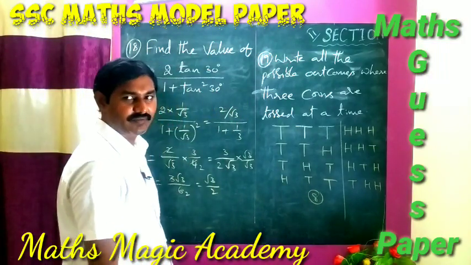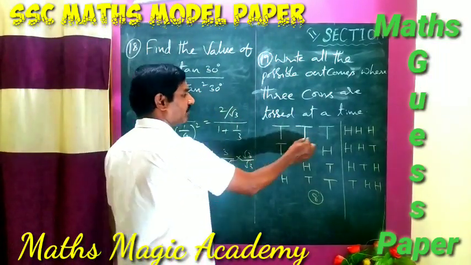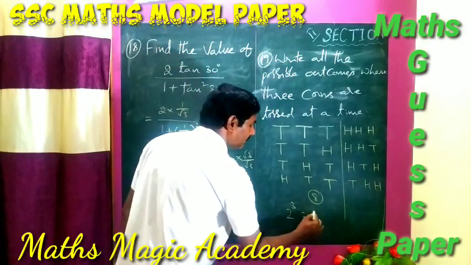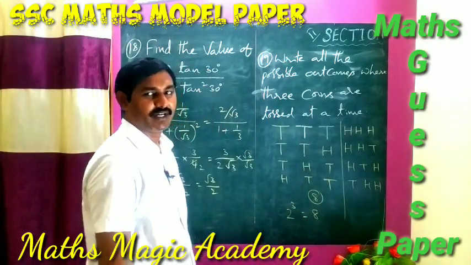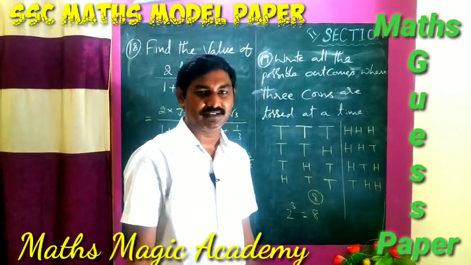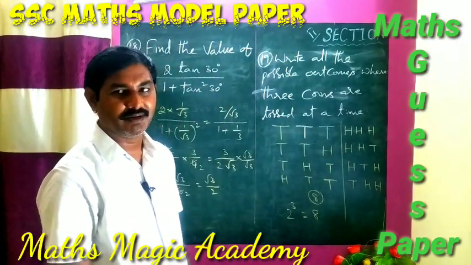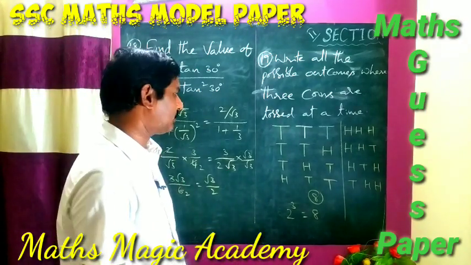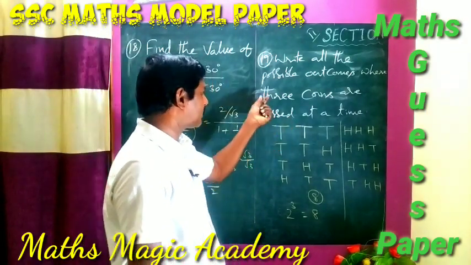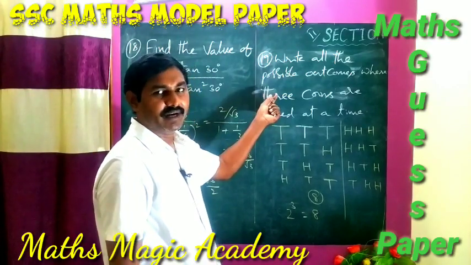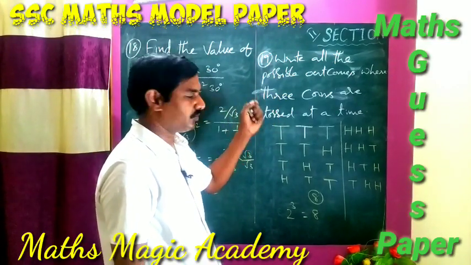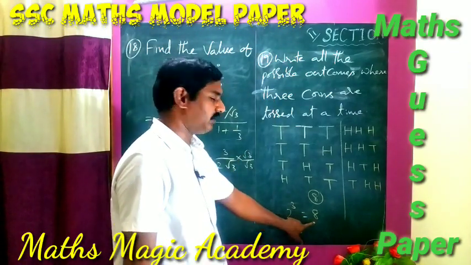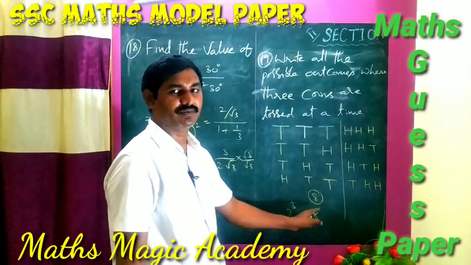So we can also find this from the number of coins. How many coins are there? 3 coins. Then it should be 2 power 3, that is 8. Whereas in the first question we discussed set theory, the number of subsets is 2 power n of A. Like that here also, the number of possible outcomes based on the coins is 2 power the number of coins. Here 3 coins are tossed, that's why 2 power 3, that is 8 possible outcomes. Like that, we can find it very simply.